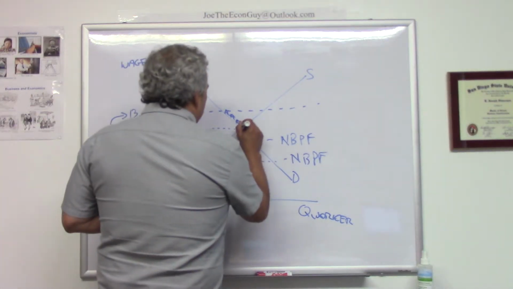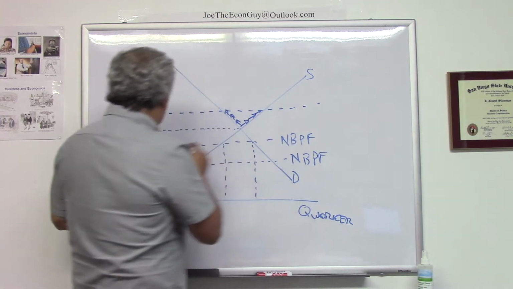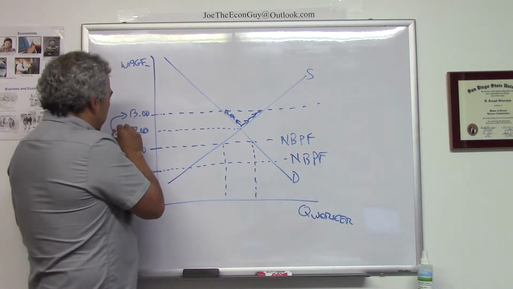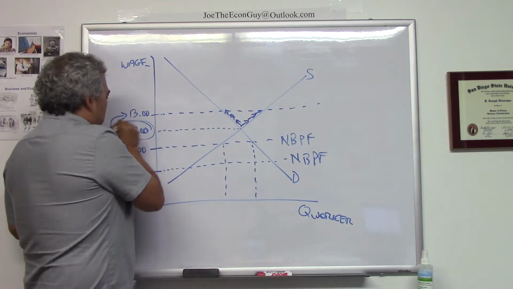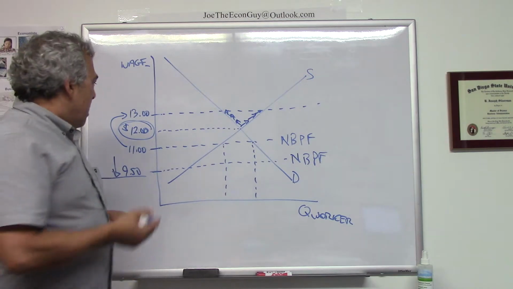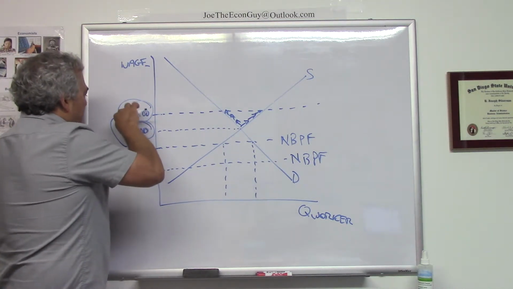And then at the same time, more people will come into the labor force. So why will they come into the labor force? Because maybe they're an unskilled worker that doesn't feel like a $12 an hour wage is an appropriate wage for their skills and talents, but maybe 13 is attractive. So just as an example,